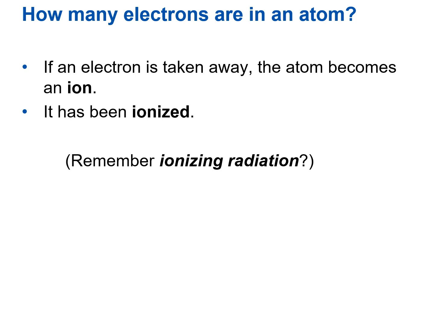A minute ago, I said that atoms usually have equal numbers of protons and electrons, but it is possible to take away an electron or even to add electrons. For purposes of this class, we'll mostly be dealing with taking away of electrons. If an electron is taken away, the atom becomes an ion, and we say that it's been ionized. So if you insert enough energy or the right amount of energy into the atom, it can just strip the